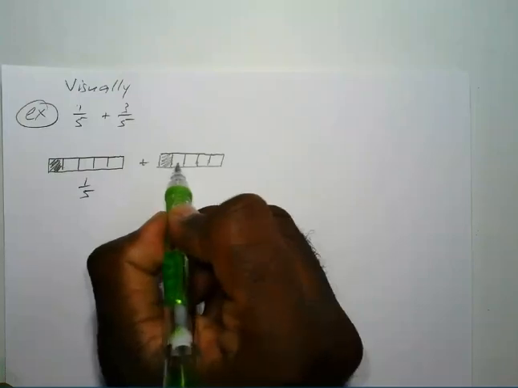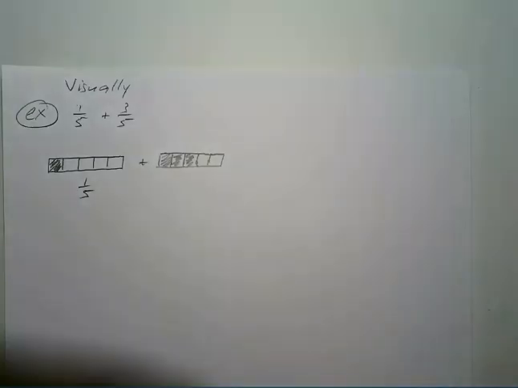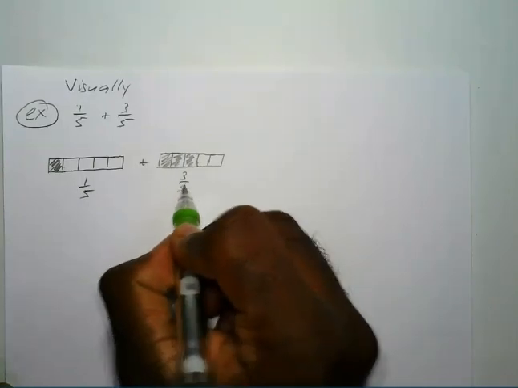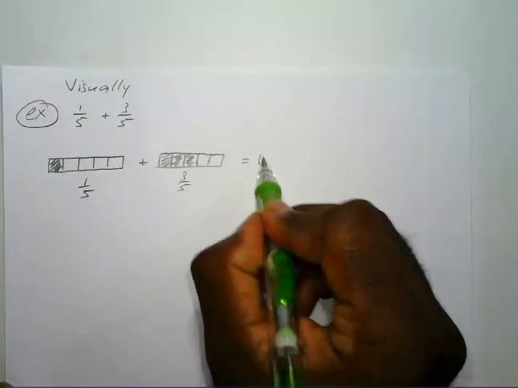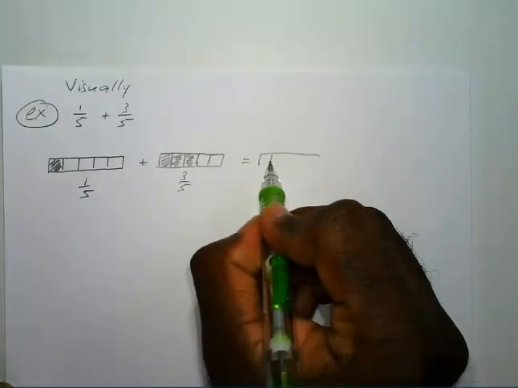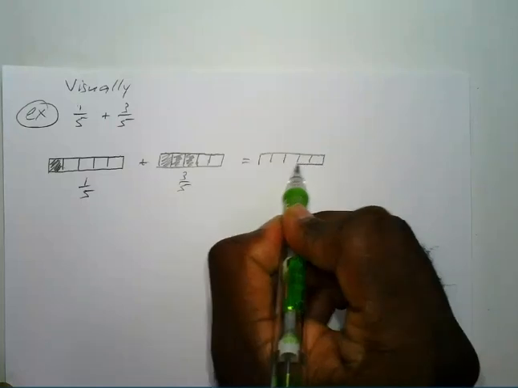So you have 3 shaded out of 5 total. That's going to equal,